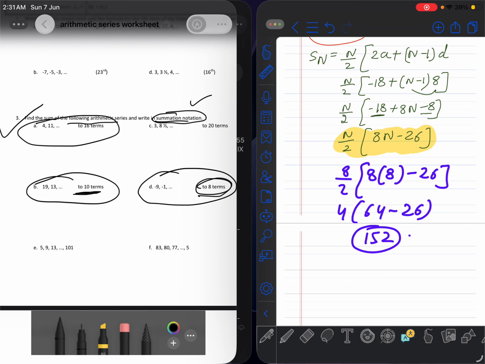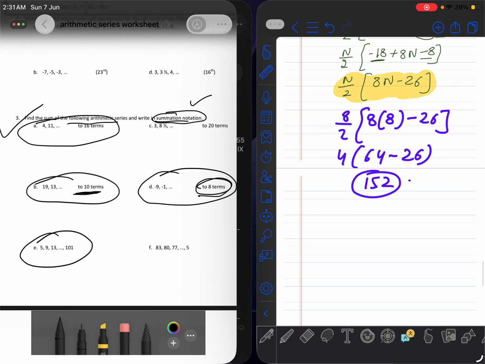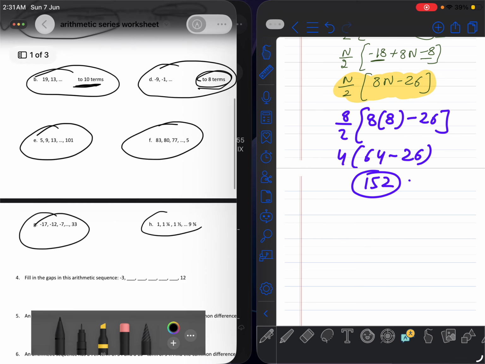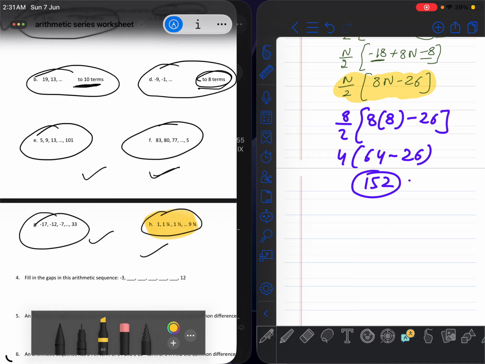In all these questions, E and F you will do on your own. Okay, and I'll check E, F, G and H. It's nothing now, you just need to calculate the sum. And if you don't get the answer, particularly maybe for the H part, let me know so that I can help you. In all these questions, you just have to put the formula of sum, which is n by 2, 2a plus